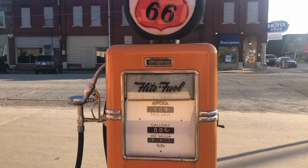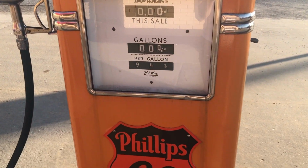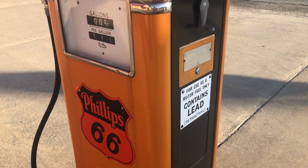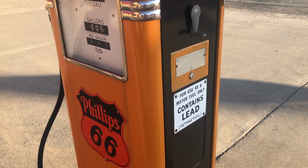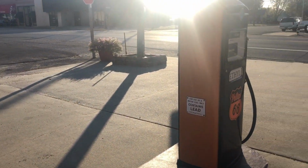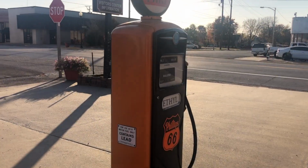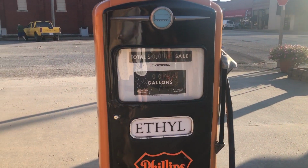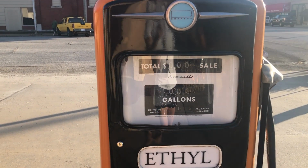Here's a close-up look at these gas pumps. Back in the day, gasoline contained lead, doesn't anymore. I remember when I was growing up it was called regular. It was either regular or unleaded that you got, and now it's only unleaded or diesel, or what's that stuff